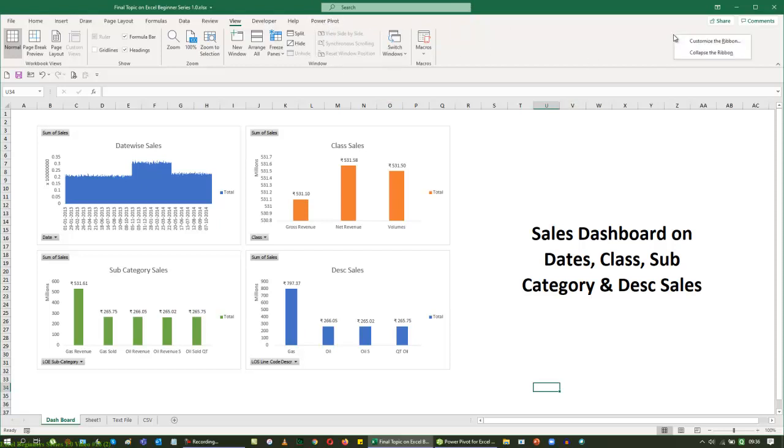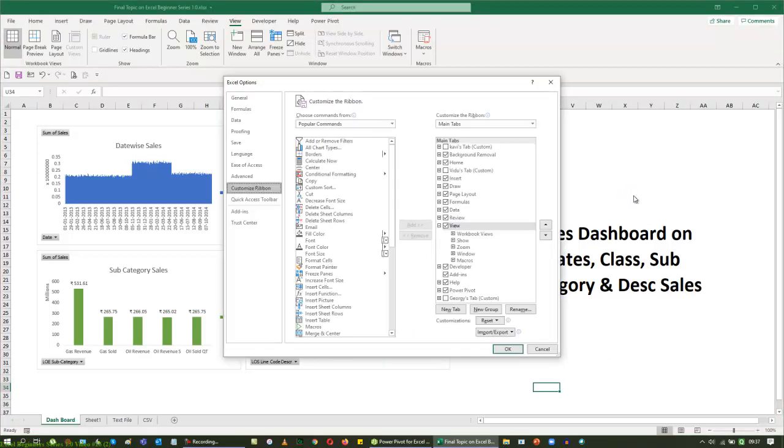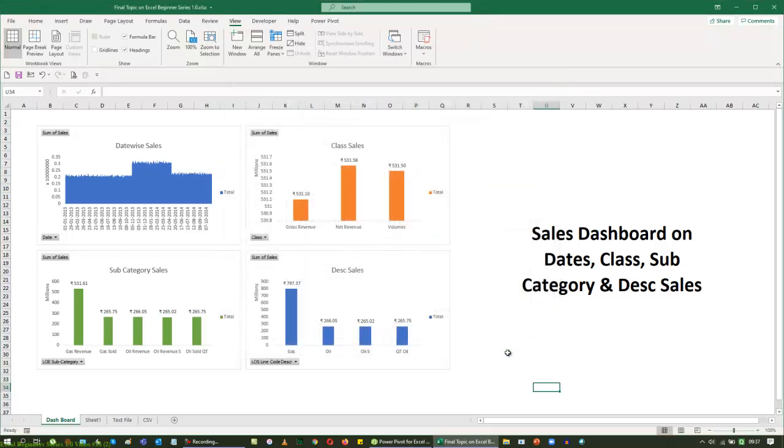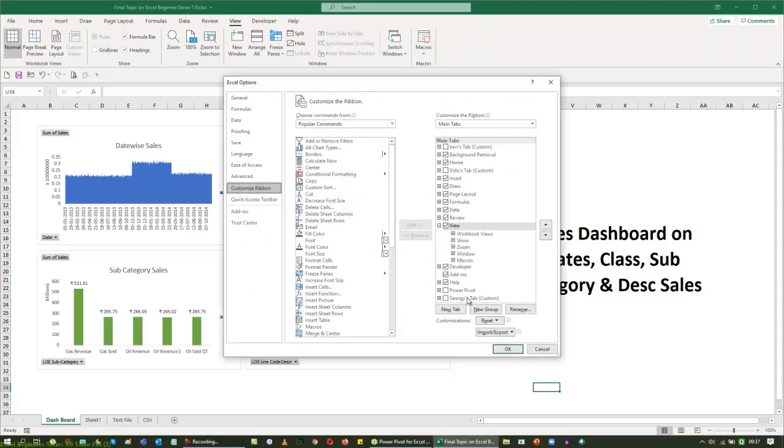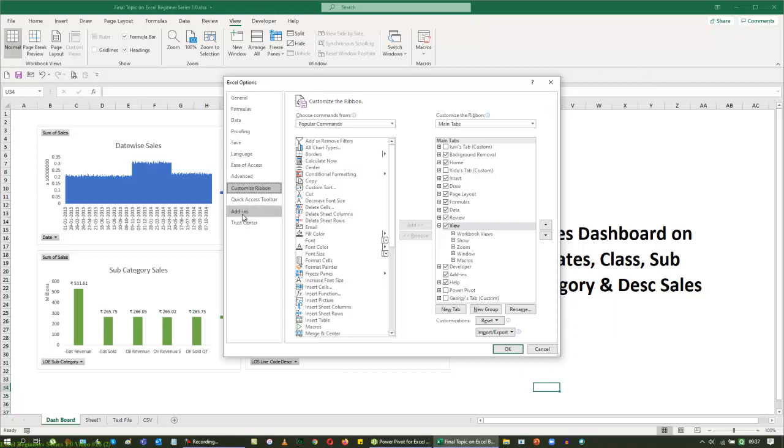To do that, I'm going to give a right click here, go back to the customize ribbon, and you can see the list of menus that is going to come up onto the right of my data. And once the data comes into place, I can just uncheck it or check it out. So if it's unchecked, probably sometimes on this screen you won't even see the Power Pivot here. So let me just remove it, or you can see that this is coming because when I go back to my customized ribbon, in the add-ins I've given a check box in my Power Pivot.